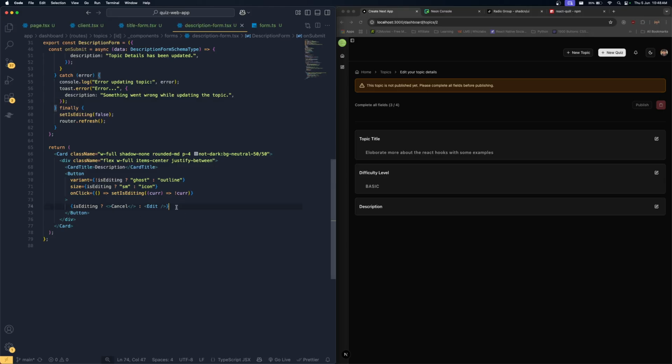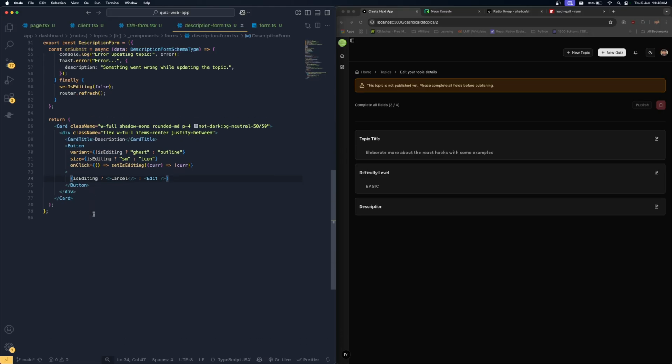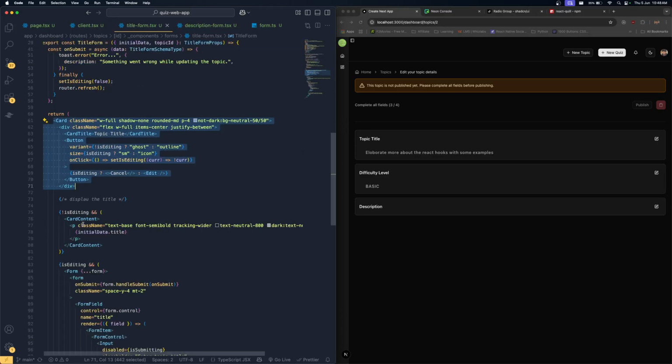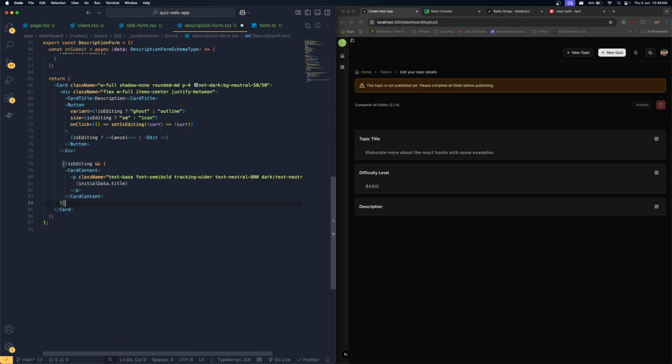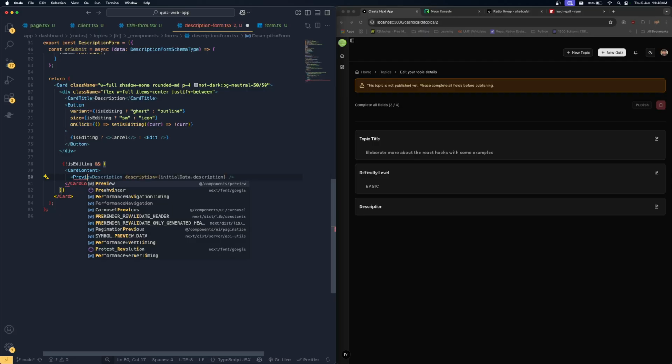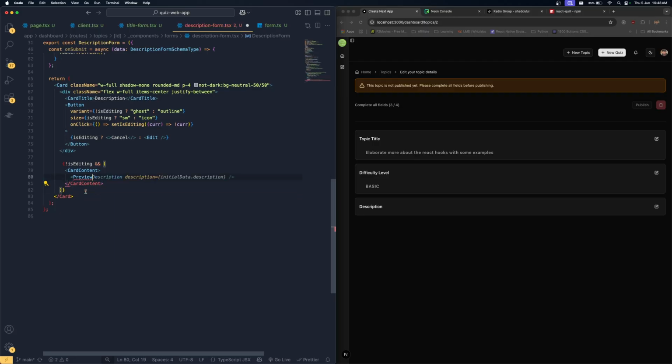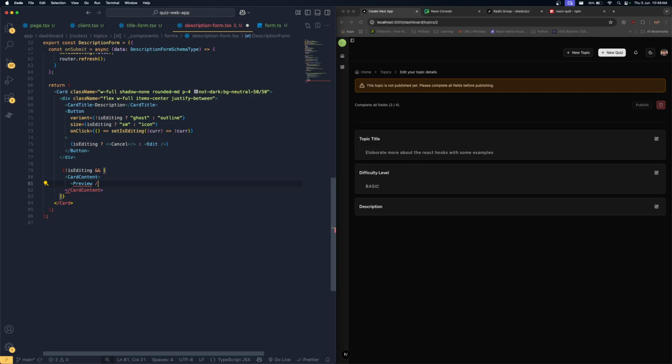If I'm not editing, we're displaying that button, the place where we are. This is the one. If you're not editing, so I'm just going to copy this, get back over here right after this div. If I'm not editing, instead of this card title, I'm going to bring this, remove this paragraph tag, bring the previewer from add components preview. For this, I need to supply the value, which is basically I need to convert it into a string. So